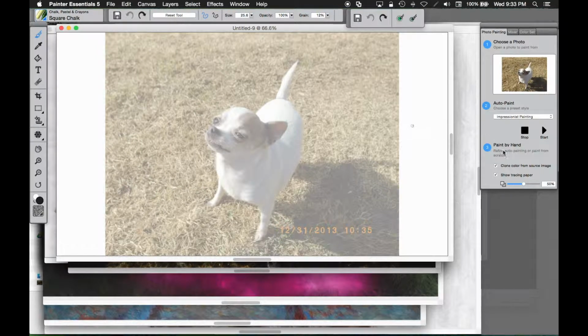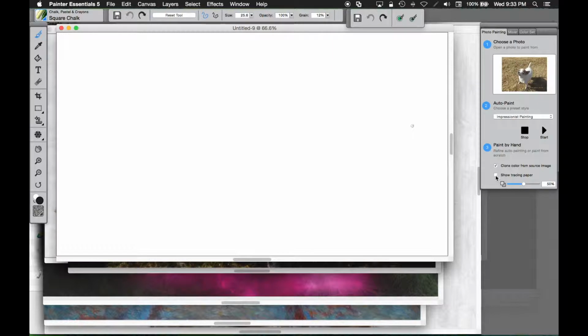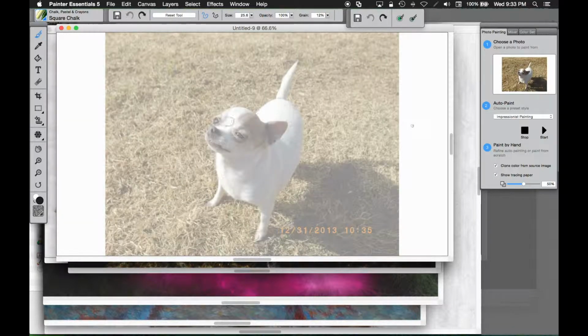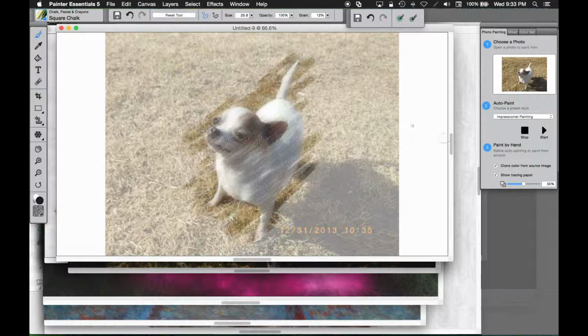Oh yeah, and I forgot to mention this before, but it helps a lot if you check mark that show tracing paper, because then you can see what you're drawing over. But as you can see, I'm doing just what I was doing before, just drawing really quick broad strokes like this, and it pretty much gives you a quick idea of what it's going to look like. Just hide the tracing paper again,